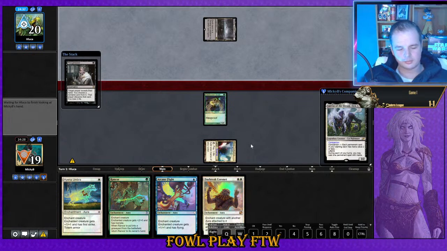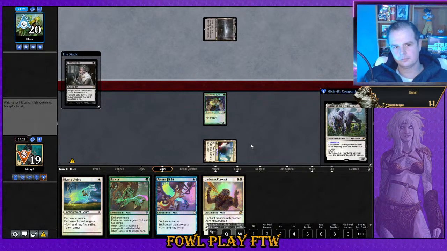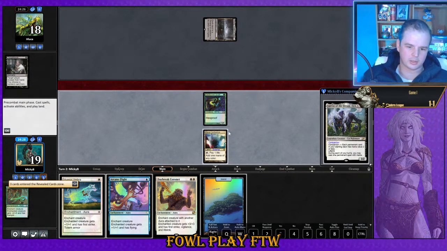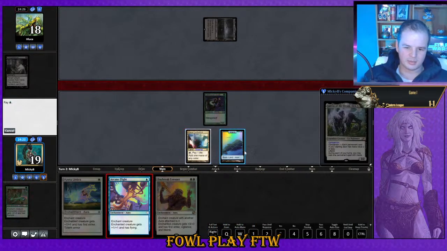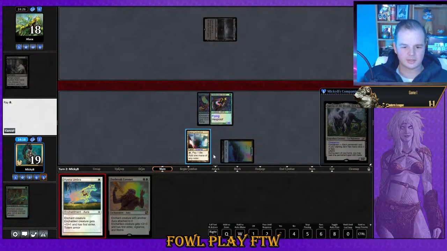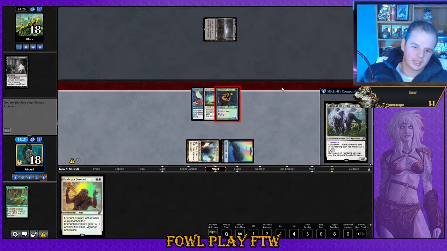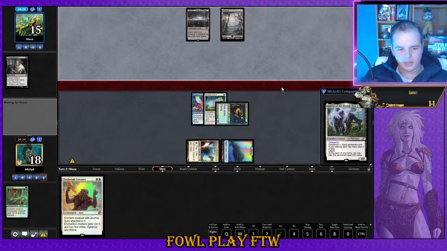Goodbye Rancor. Maybe Arcane Flight. Maybe Daybreak. I don't know. Probably not Hyena Umbra. Takes the Rancor. Respects the clock. Draws. Yeah, I mean, I'll take the blue mana, but it's not the best. Get that attack happening. Maybe he doesn't have the follow-up discard spell, and maybe...